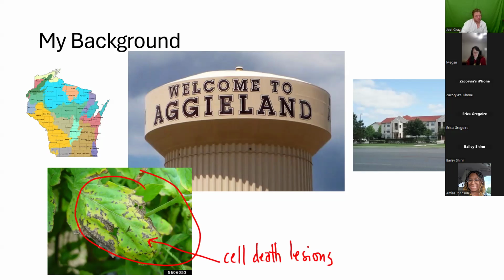And what I studied as a graduate student was how plants respond to pathogens. Basically, a plant obviously can't run away or anything like that, so it has to develop a defense mechanism. And so when there's a bacteria or a bacterial pathogen that infects one of the cells, what happens? We were just looking to find out what the process is.